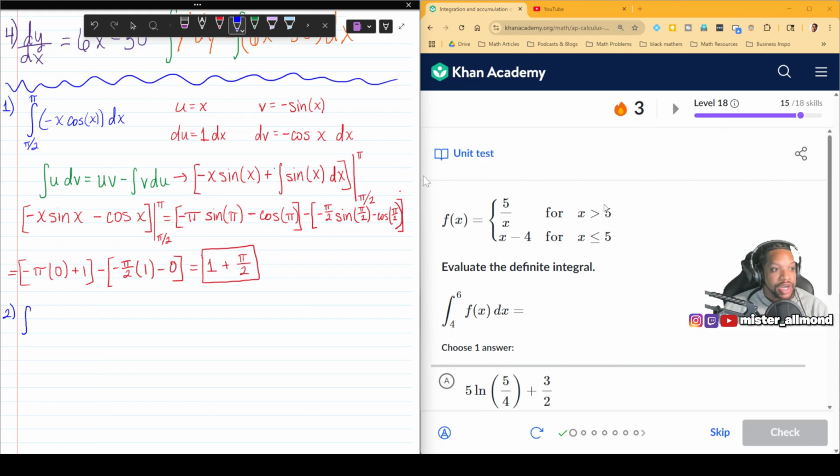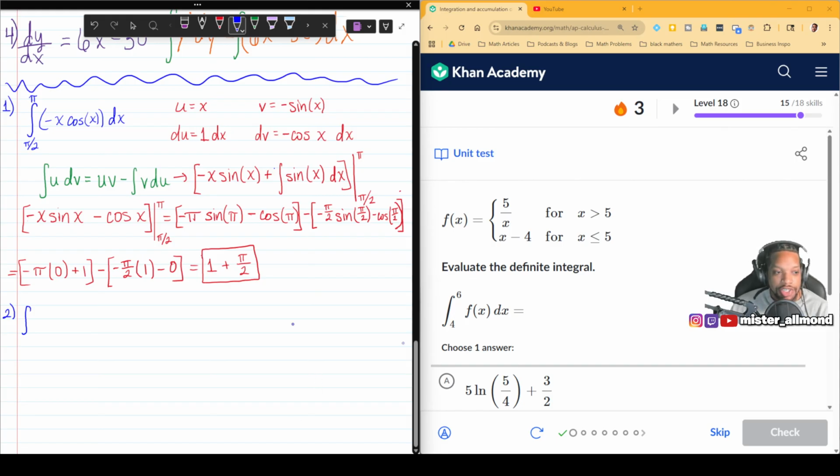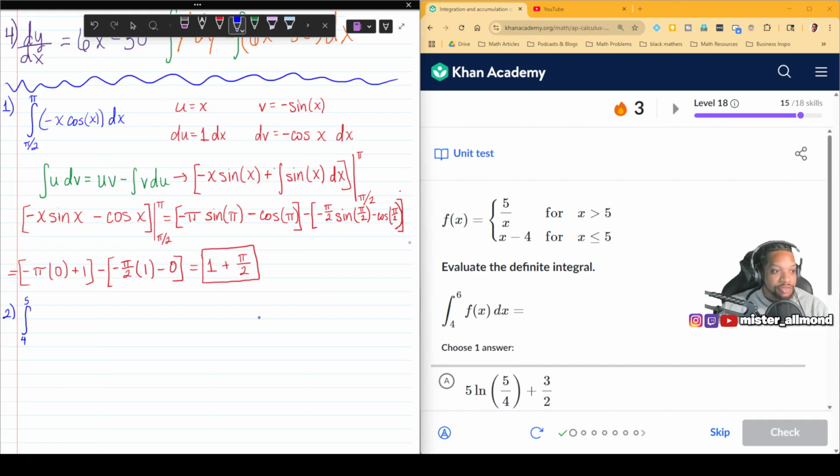So since things change at x equals 5, and 5 is in between my bounds, that means I'm going to have to split up my integral into two different regions. Instead of going from 4 to 6, I'm going to go from 4 to 5 and then plus 5 to 6. And then remember, the function that I integrate will depend on what x value I'm at. So it's going to be the integral from 4 to 5. And if you look at the piecewise function, if x is in between 4 and 5, then it's this bottom branch because x is less than or equal to 5. So that function that we're going to integrate there would be x minus 4